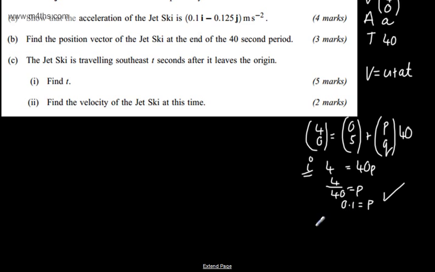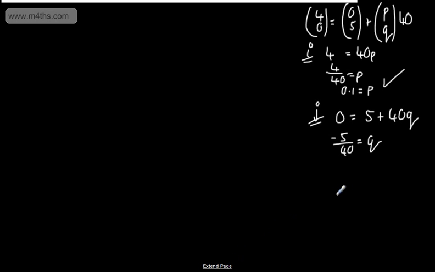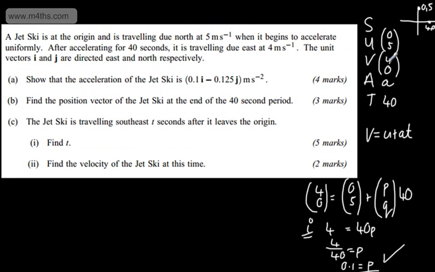If we now consider the j components, so we're looking now at the j component of acceleration, 0 is going to be equal to 5 plus 40q, so q is going to be equal to negative 5 over 40, which is going to give us that value of negative 0.125. So that can be written like so. So negative 0.125, and that gives us q. So that's now our acceleration, and we've shown that simply by using v is equal to u plus at and